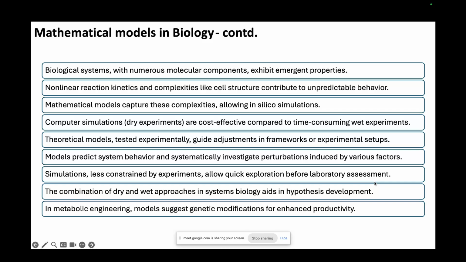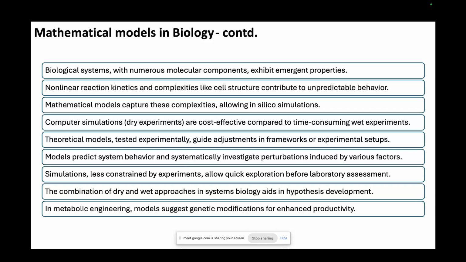So, as I was saying, biological systems with numerous molecular components exhibit emergent properties, and these nonlinear reaction kinetics and complexities like cell structure contribute to this unpredictable behavior. Mathematical models help us capture these complexities, allowing in silico simulations. And these dry experiments, which are the simulations, are actually very cost effective if you compare them to an experimental